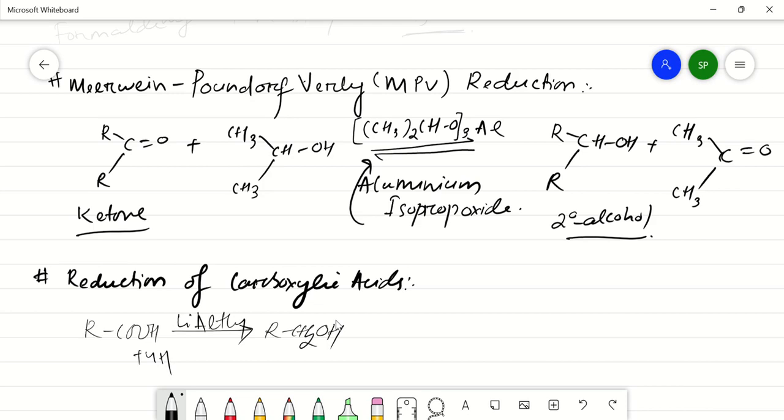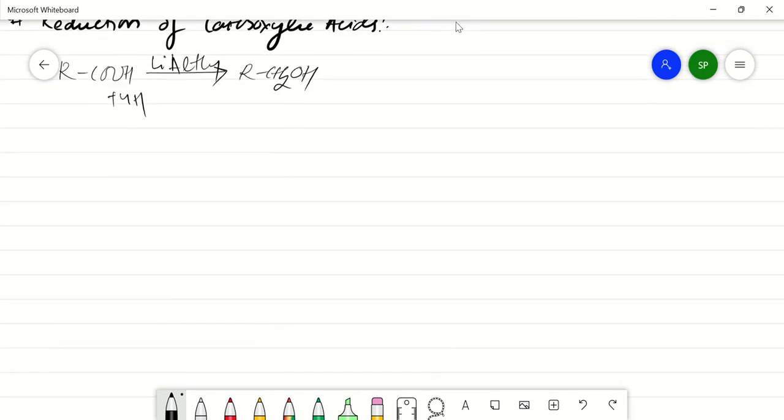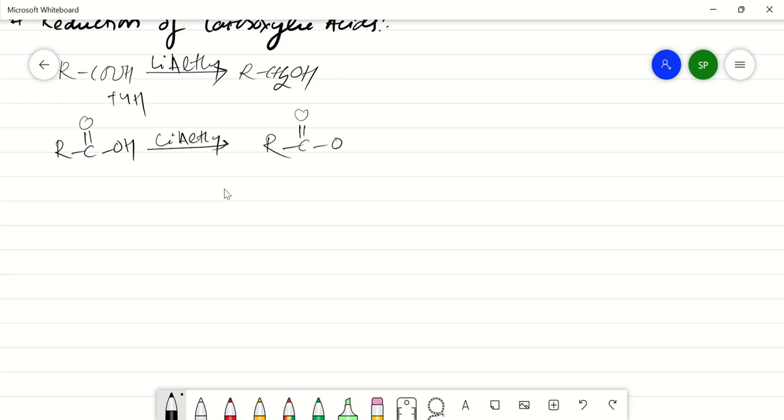This is a simple mechanism. Alternatively, if we reduce this acid in presence of lithium aluminum hydride, this will firstly produce aldehyde RCHO, and next, in presence of lithium aluminum hydride, this will produce